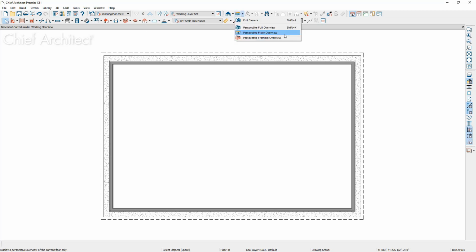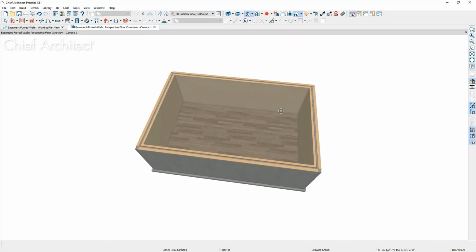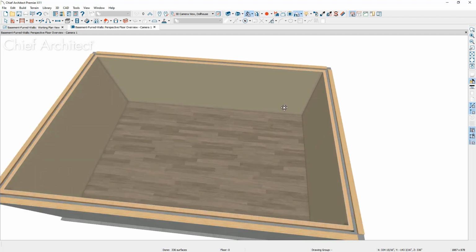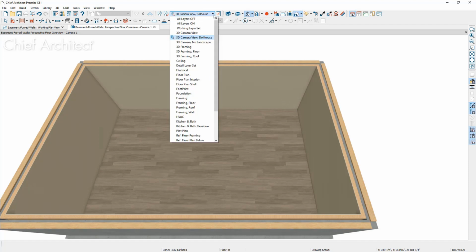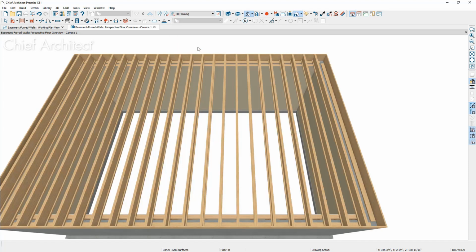When you take a 3D overview of the room, you can see that in fact there are 2 different wall styles. If I were to turn on my framing layer, let's go ahead and toggle that on to the 3D framing. I have my floor platform and wall framing toggled on. You can use the delete surfaces, and you can see the framing behind that wall. So this is the way you can create your stacked platform with a single furred basement wall.